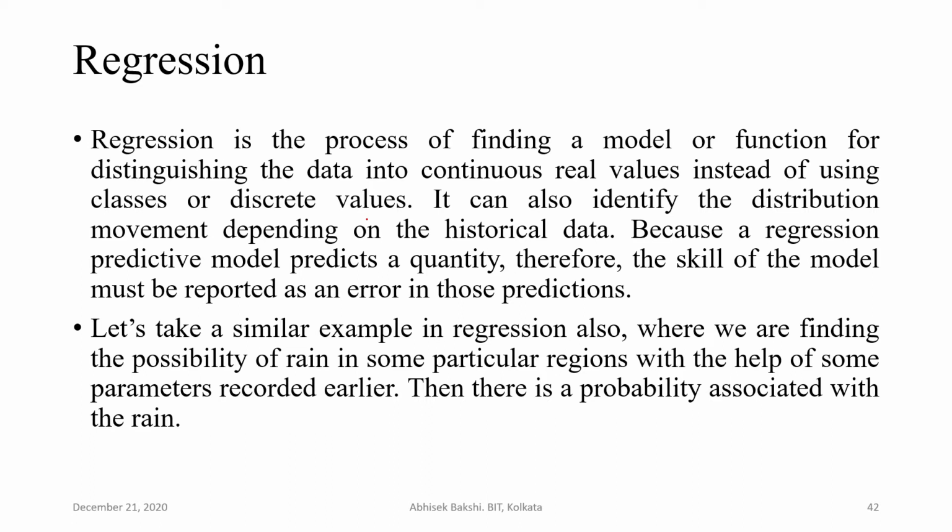So one very interesting visual difference we have in the case of regression: suppose we have a set of points, and this set of points is from one class, and this set of points is from another class. So what will the classification algorithm try to do? The classification algorithm will try to make a boundary between them so that it can basically segregate.